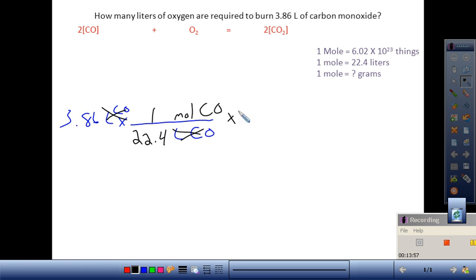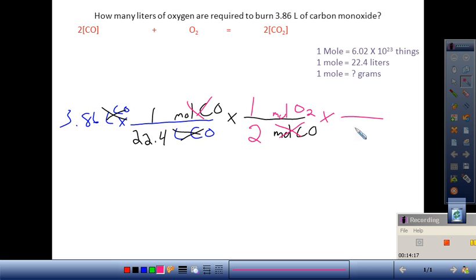Don't want liters. Those are gone. Don't want moles of CO. I do want oxygen. So I'm going to go moles of oxygen. 1 O2 for every 2 COs. And I want liters of oxygen. Take my units here. Go to liters. And after I multiply and divide all of that out,